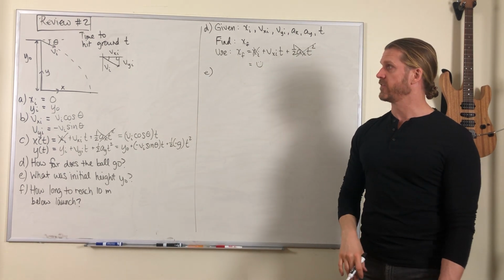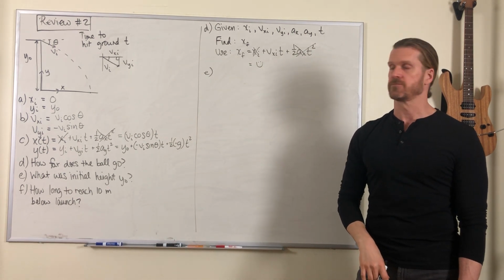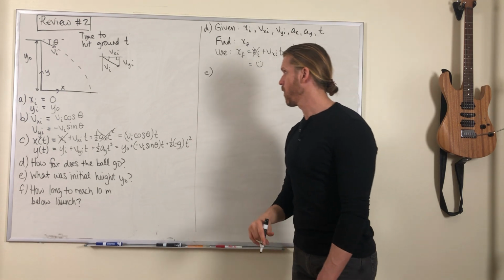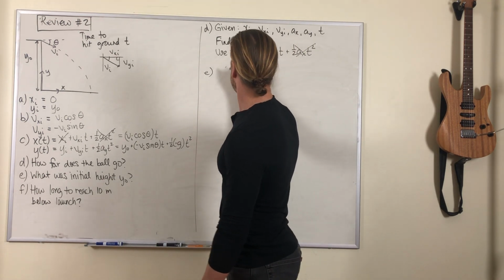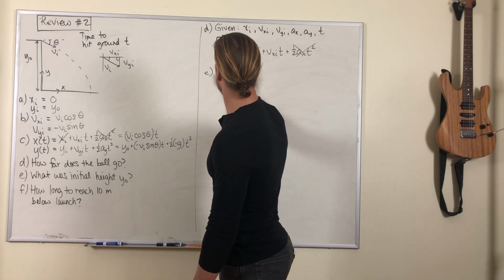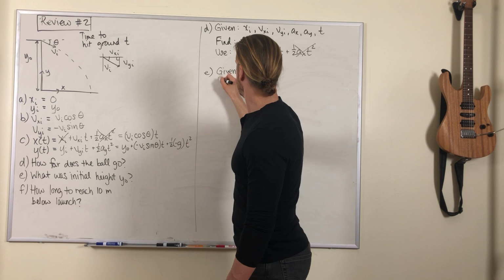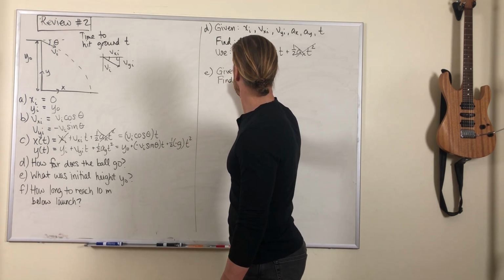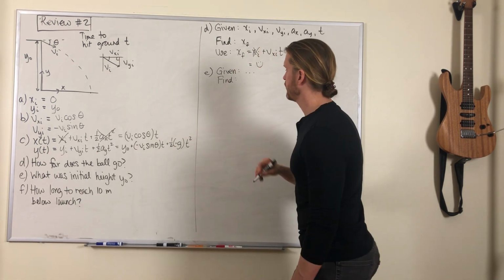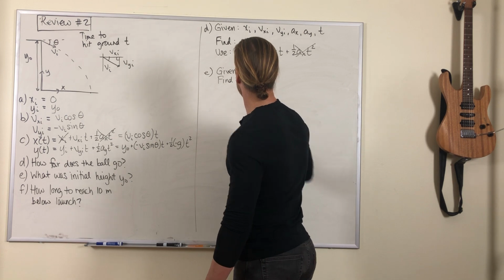Part E, what was the initial height, y0? All right, so once again, we have a bunch of given quantities, got a bunch of stuff there. We want to find that initial height, y0,